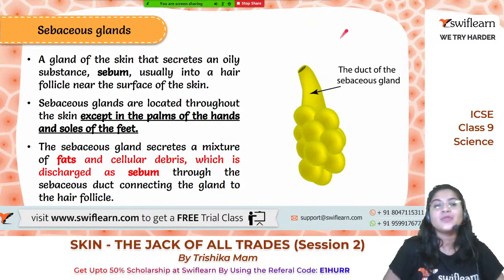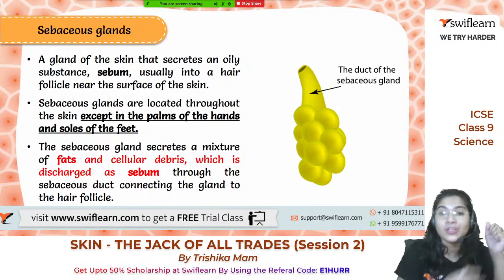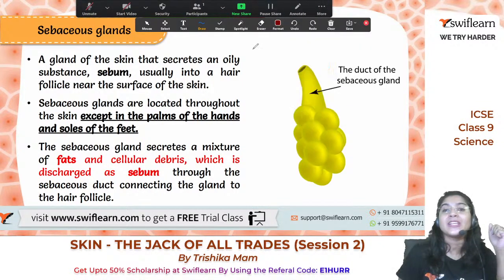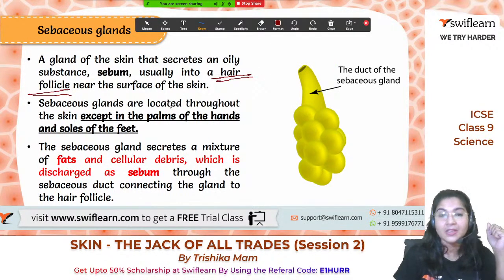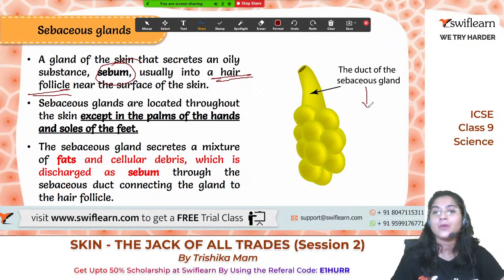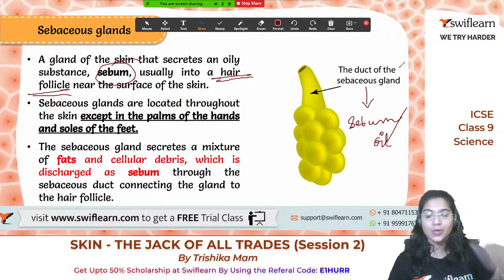Yes. Now let's move on to the oil gland or sebaceous gland. As I have already mentioned, the oil gland is associated with the hair follicles. Always remember, this oil gland is present near the hair follicles, not near the sweat gland. It is present near the hair follicles, and they secrete sebum. So sebum is secreted from the sebaceous gland. We call this sebum, and we can also call it oil. It gives proper lubrication or coating to our body. It helps to keep our skin moist.